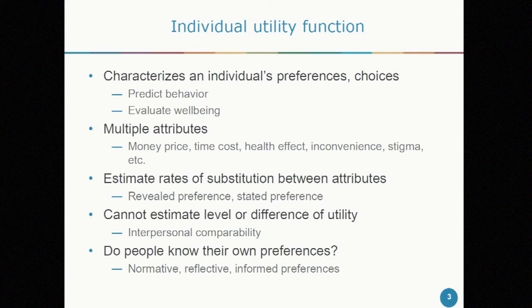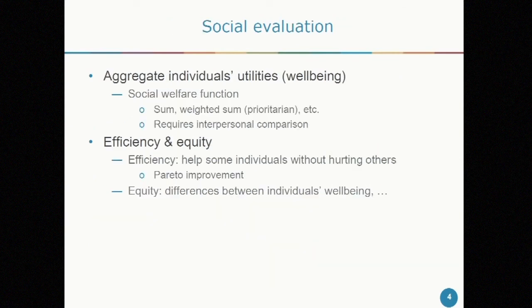One further point is the question whether people actually know their own preferences, whether they know which choice will make them best off. Clearly, we have imperfect information about most things over which we make choices, and we make a lot of choices without thinking very carefully. We're subject to a variety of behavioral biases and the like. So typically, for evaluating welfare at least, we're interested in what we would call normative preferences, which is some idea of people's reflective, informed preferences, the ones that they really believe they wish to follow, even if they don't always. So that's the individual side.